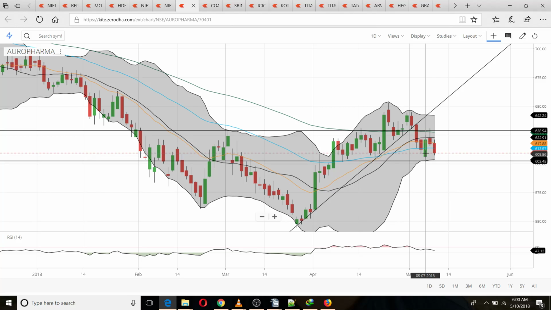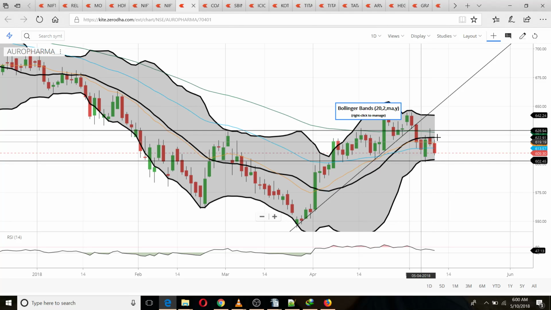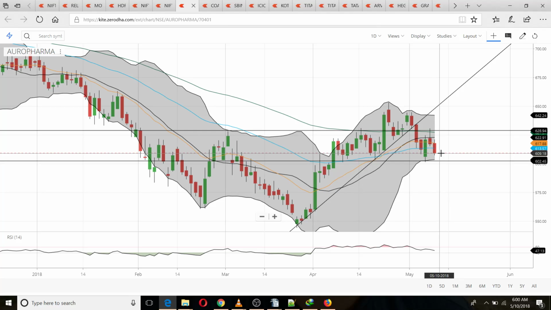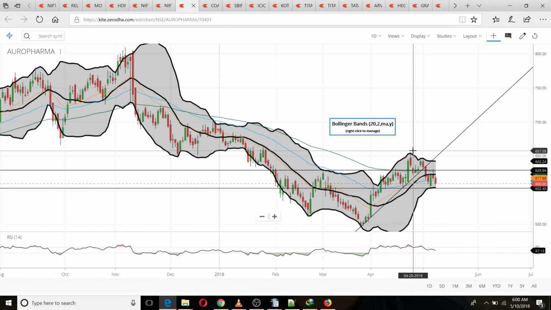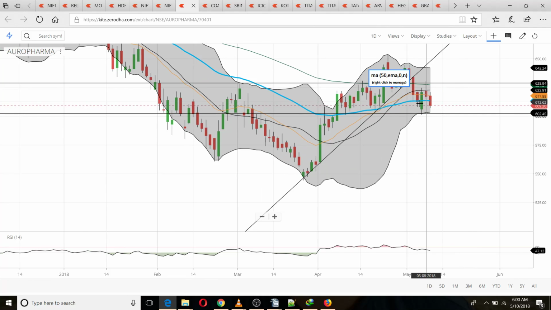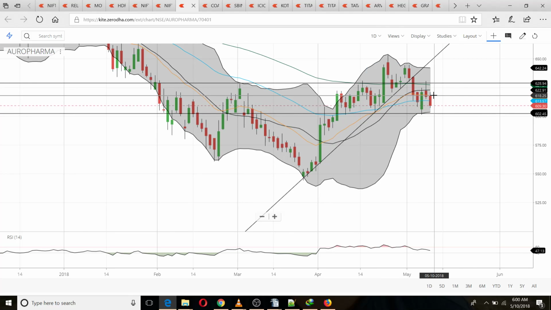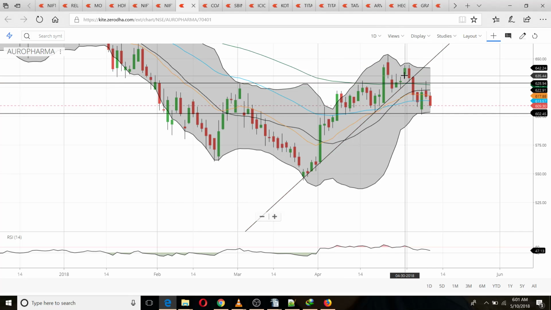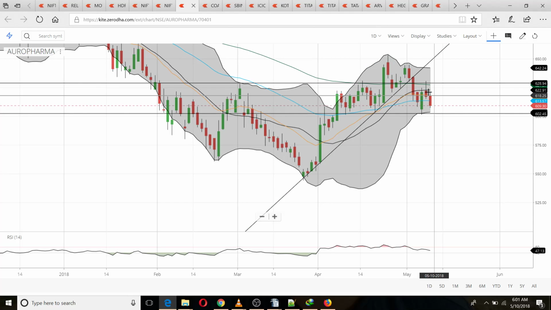I'm not sure what happened to you guys if you had shorted it. It actually went around 10 points up. But after that, this has been moving in the direction that we had discussed earlier, and this is moving nicely in the short direction. So this is Oro Pharma for you guys, and I'm still short on Oro Pharma. We might see one or two green candles, but if we are following the overall trend, then this should not worry us much because we are trading it in the right direction.